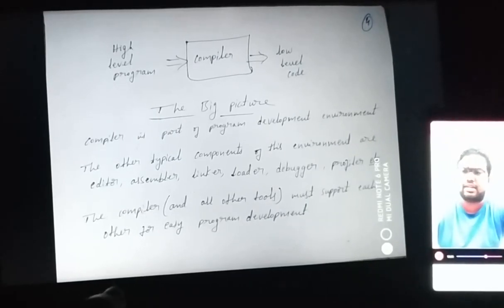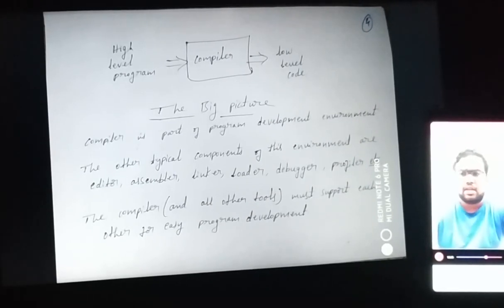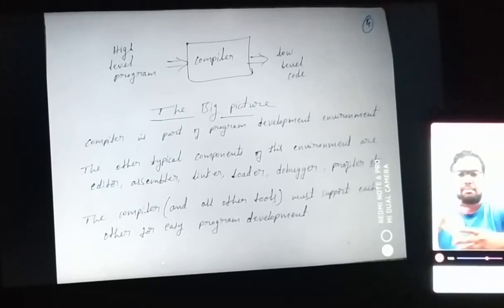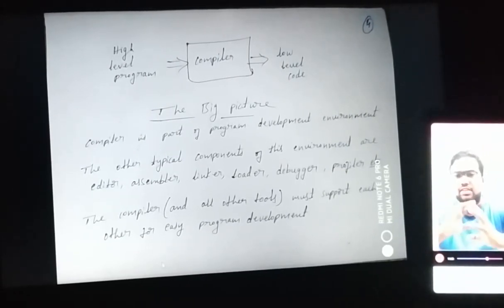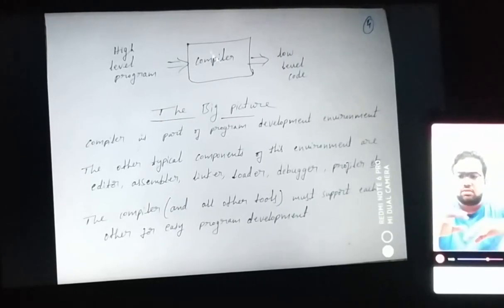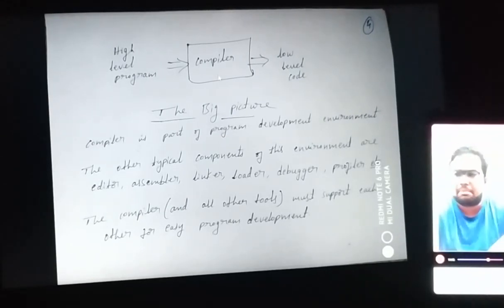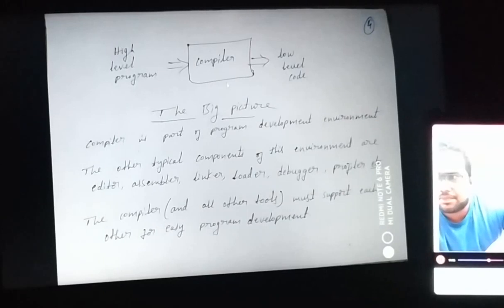So now when you go with these entities, with each step you go on making an improvement, and finally you end up with your target code that may be a low level code. So you have the end features: a high level program and a low level code, and between them is a compiler, and you have to make the phases happen within this compiler. So the compiler and all other tools must support each other for each program development. So probably we'll get to know, or else we'll go with a big picture of this compiler.